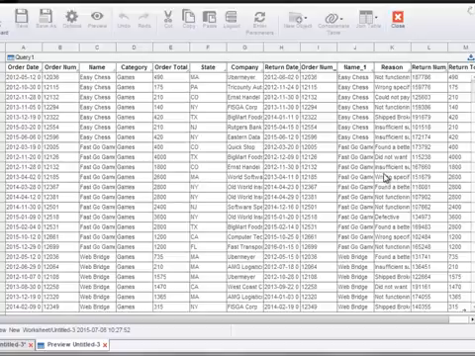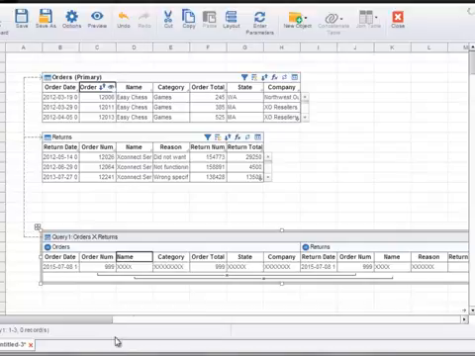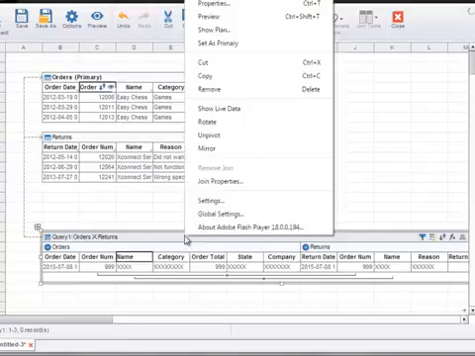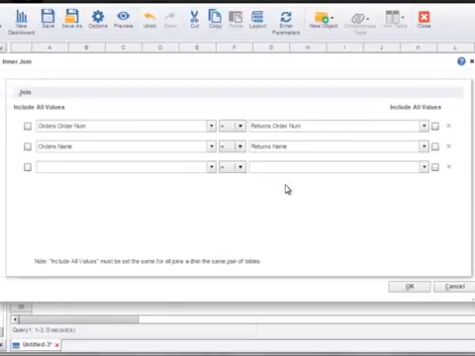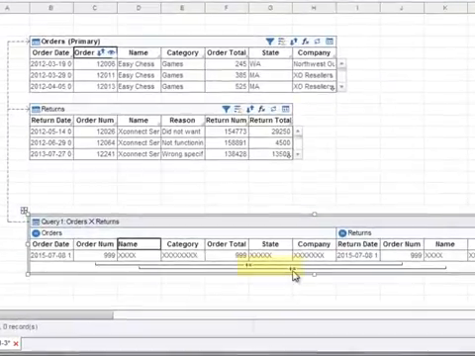Note that because we used an inner join, orders that do not have an associated return are not contained in this dataset. If we wish to preserve orders that do not have a return, we need to change the inner join to an outer join. To do this, close the preview. To change the join specification, right-click on the dataset and select Join Properties. To create a left-outer join that will preserve all of the order information regardless of whether or not there is a return, select the Include All Values option on the left side. Then press OK. Note that the join symbol shown in the composition view has changed to indicate that this is now an outer join. Preview the dataset again,